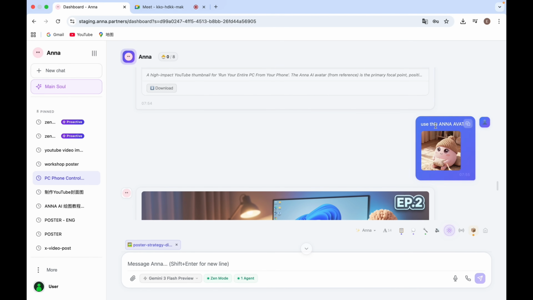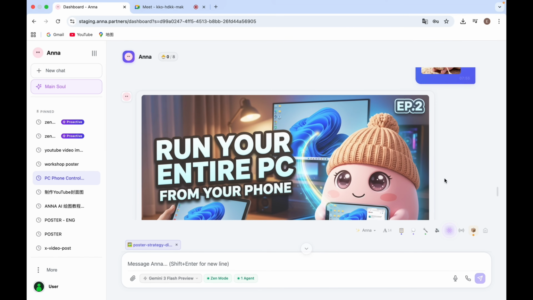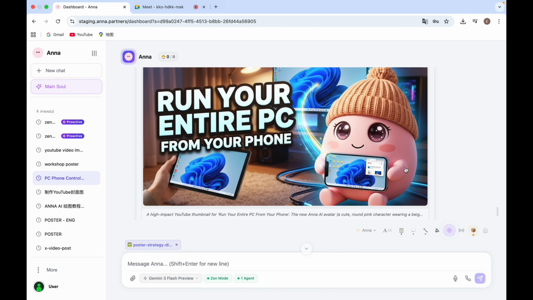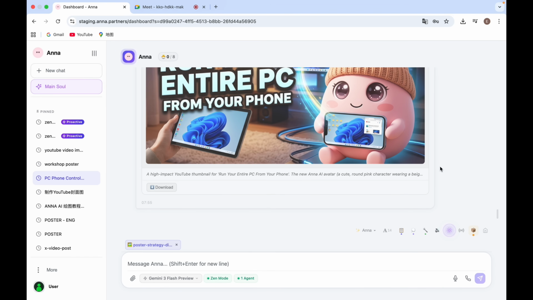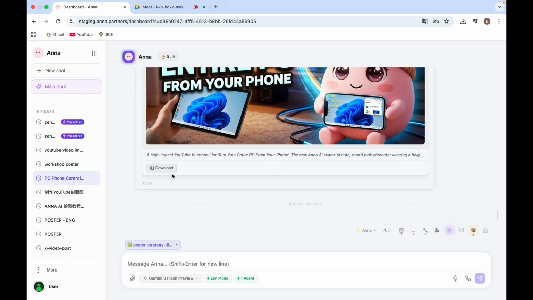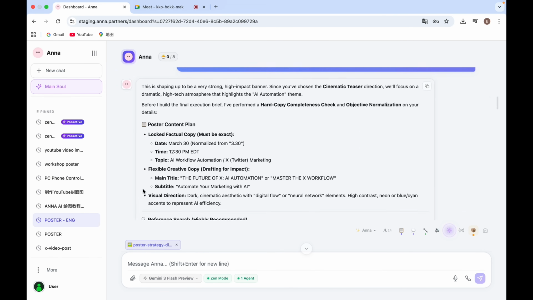So I sent the Anna character to her again. I said use this Anna character, and this is the final one she gave me, and I'm quite satisfied. It looks super cute, and it only cost 5 to 10 minutes to come up with this one. And the last one is we create the poster